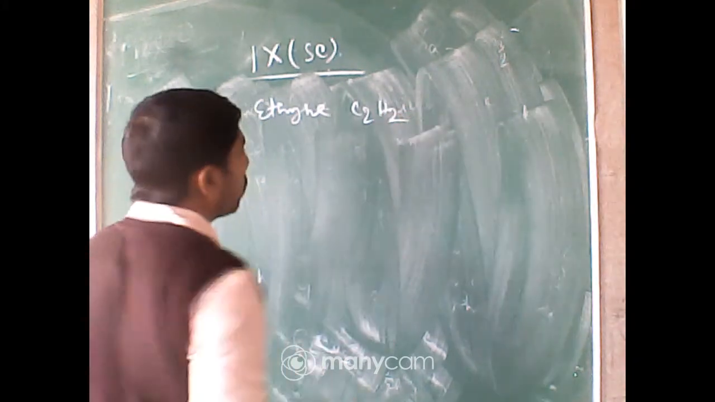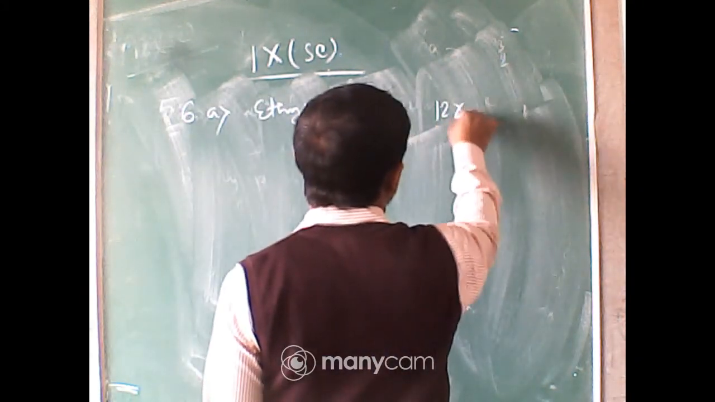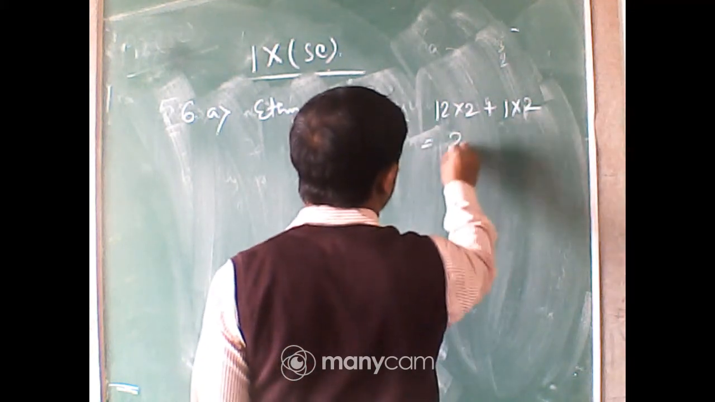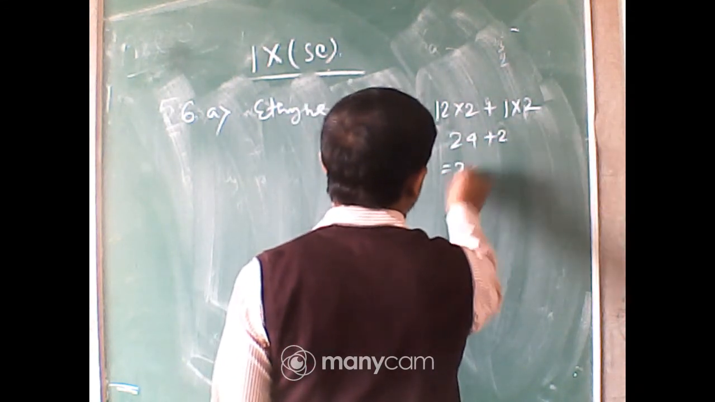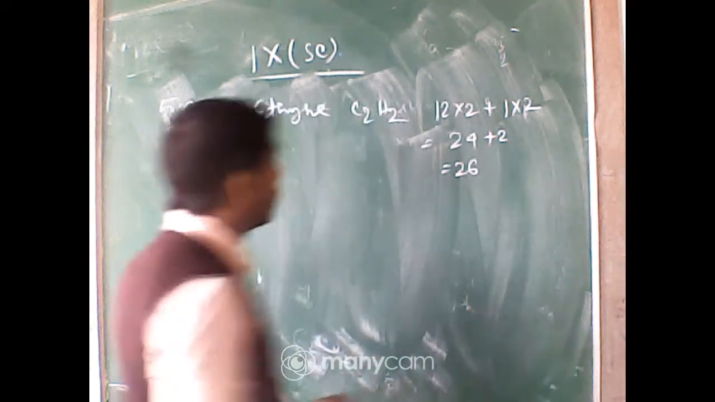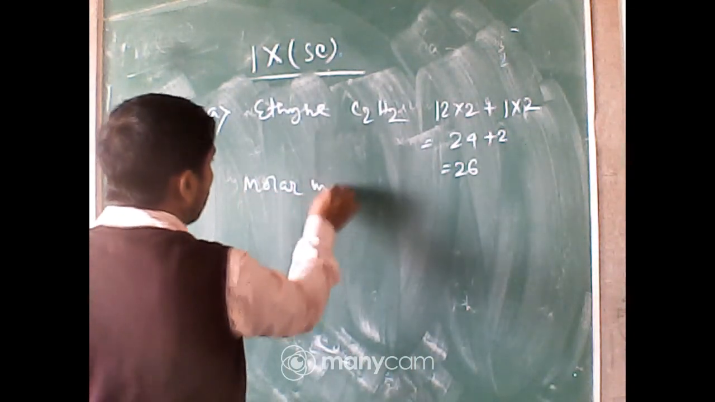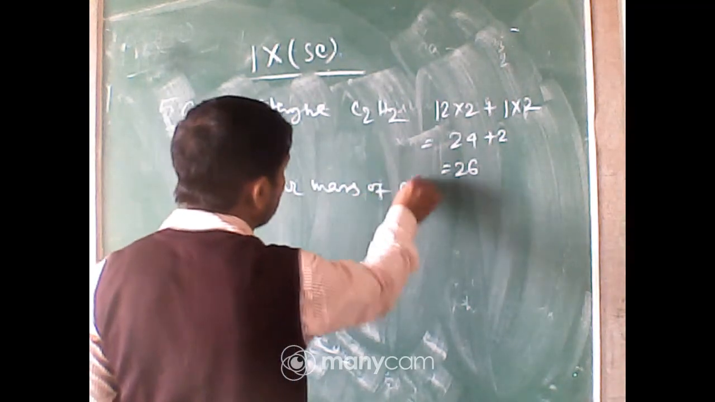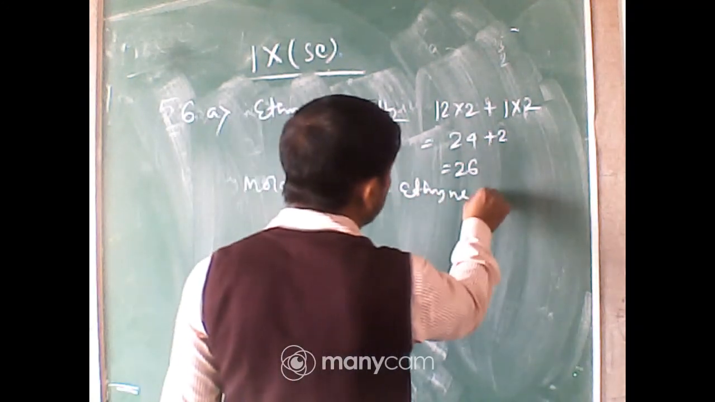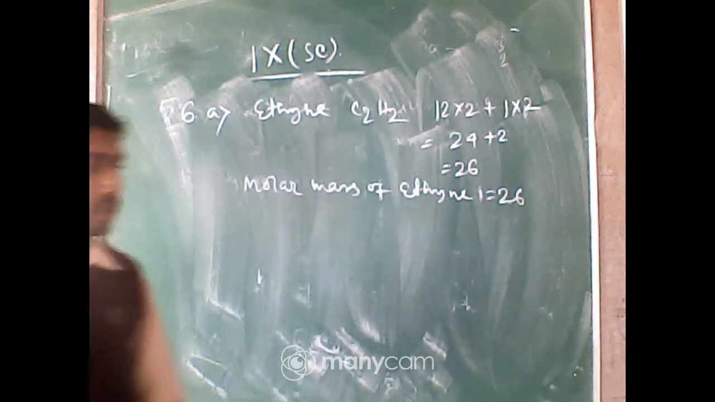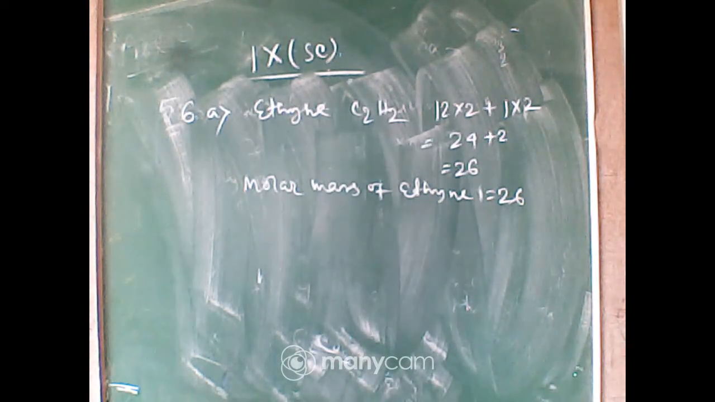6a, ethine, C2H2. So 12 into 2 plus 1 into 2, that is 24 plus 2, that is 26. So the molar mass of ethine is equal to 26. Clear? In the same way, the next one,